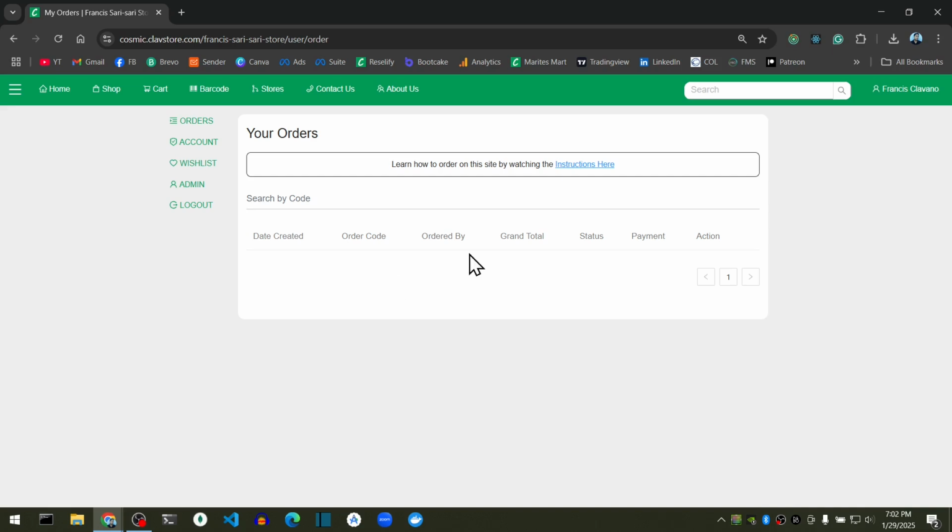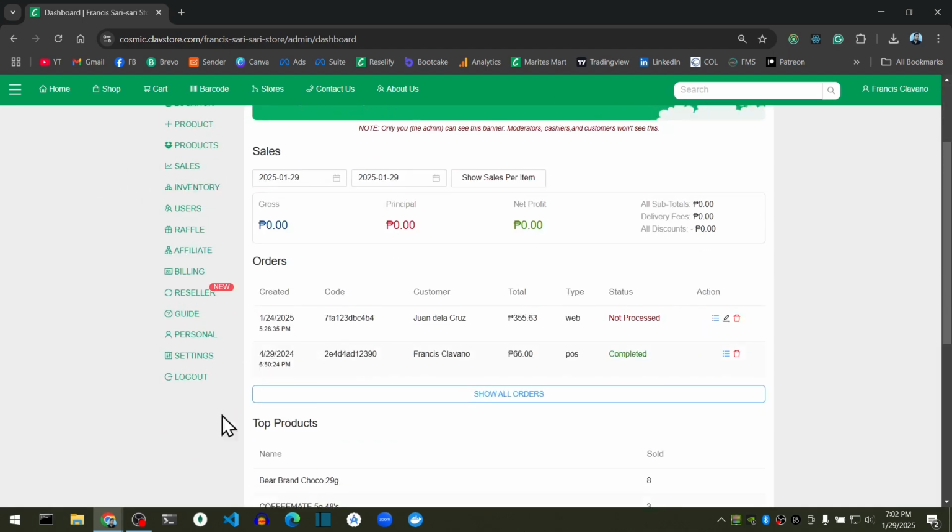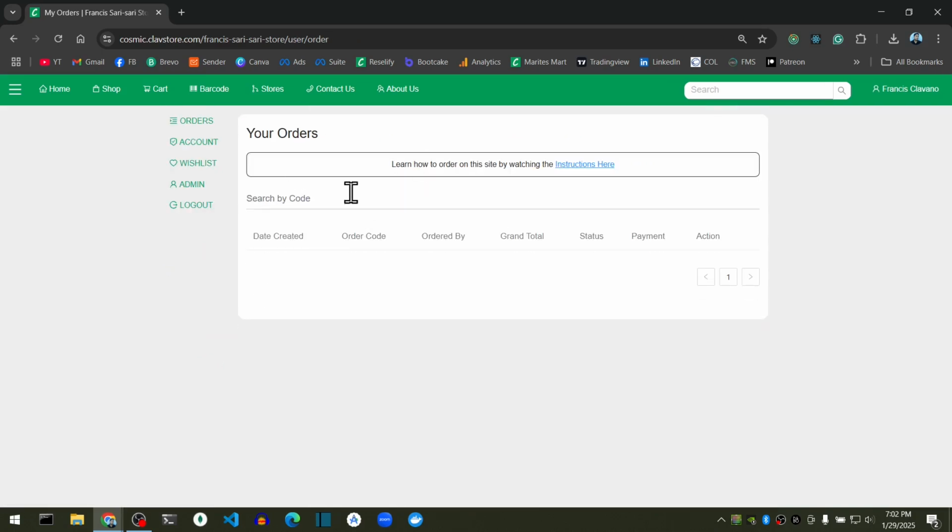The difference is that you as an admin have this Admin link, which goes back to the admin side, and then you can go back again to your personal account. For customers, they don't have this admin link.